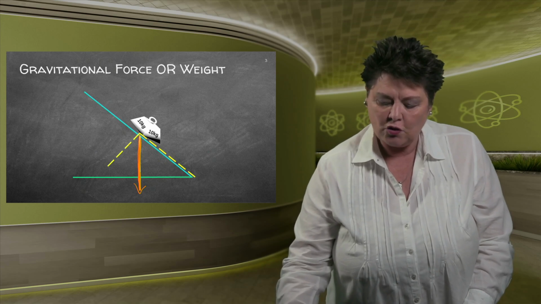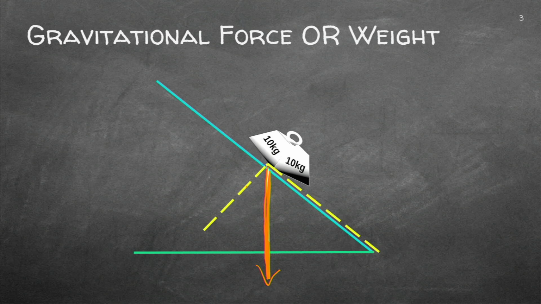You can then draw those two there and remember what we called them just now. We said this one is the parallel component. Let me just do that in another color. This one here is the parallel component. And this one there is the perpendicular component. Of what? Well, obviously of the weight or the gravitation. So that one will be the perpendicular and this one will be the parallel.